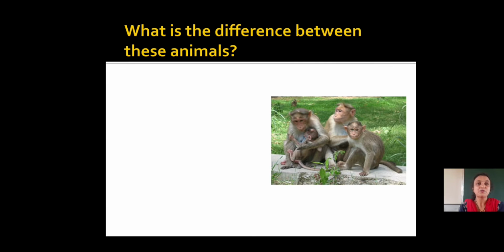Now see, you have seen some monkeys sitting over here. Can you tell me what is there on their skin? Write your answer. You can see some monkeys on the screen. What do you see about the monkeys? You can see ears are present, and you can also tell me, ma'am, hair is also present. Right? Now see the next pic.